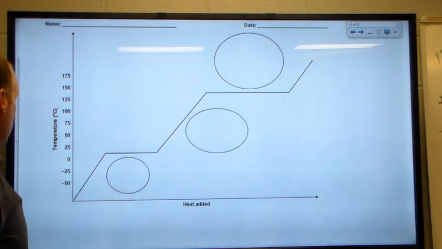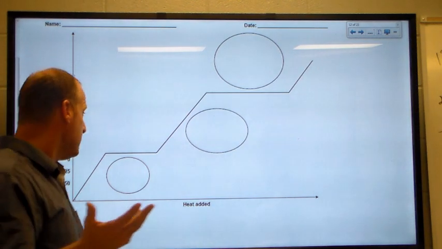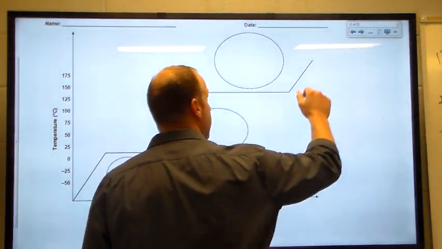So what we have here is the heating curve graph for a substance. This is not water. I know it's not water because you're looking at the melting point. The melting point is not 0 degrees Celsius. So, Coach Campus, how did you get the melting point there? Well, first of all, we got to know that in this region right here,